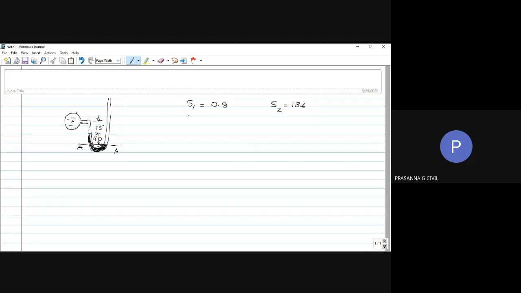Now, what will be the density of the fluid in this? 800, ma'am. So this again I will not repeat. I am assuming everybody has known. So rho 2 will be how much? 13.6 into 1000, 13,600, ma'am. Correct. So this much is done. Now, 40 centimeters, you have to write it as 0.4 meters, and 15 centimeters, you have to write it as 0.15 meter.